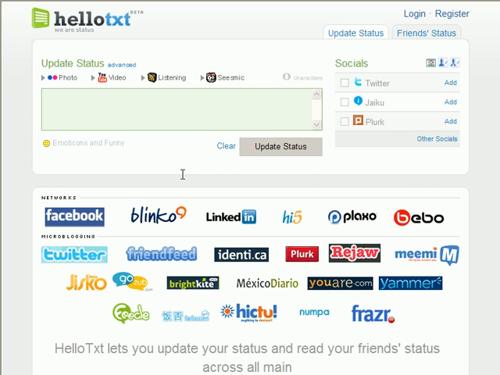HelloTXT.com. This is one of those services that allows you to work with multiple networks, different Web 2.0 sites. So this is great. You've got Facebook here, and you've got Twitter. Also, a whole bunch of other ones. LinkedIn is pretty popular. Okay, and a bunch of other different stuff. You go in there, and you can post your one thing, and you can see that go to all those